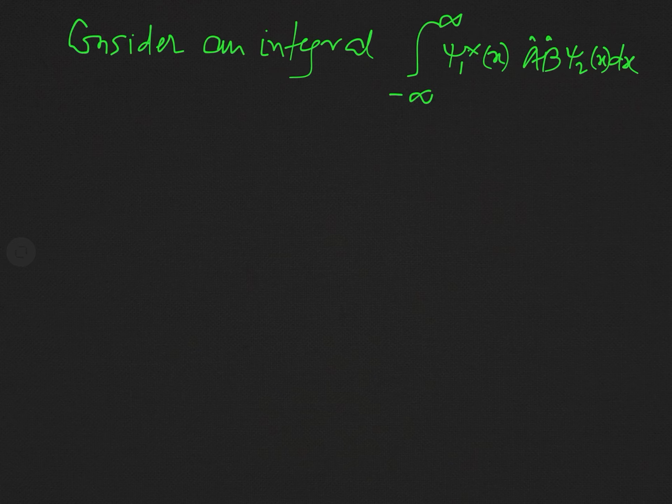Actually, we want to simplify this integral, remembering that both of the operators A hat and B hat are Hermitian. So, as A hat is a Hermitian operator,